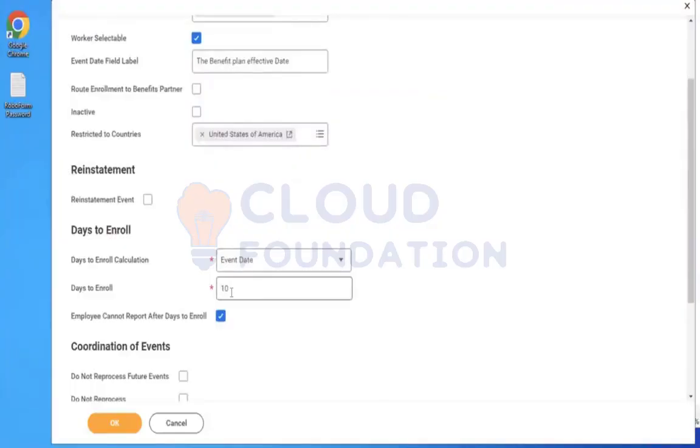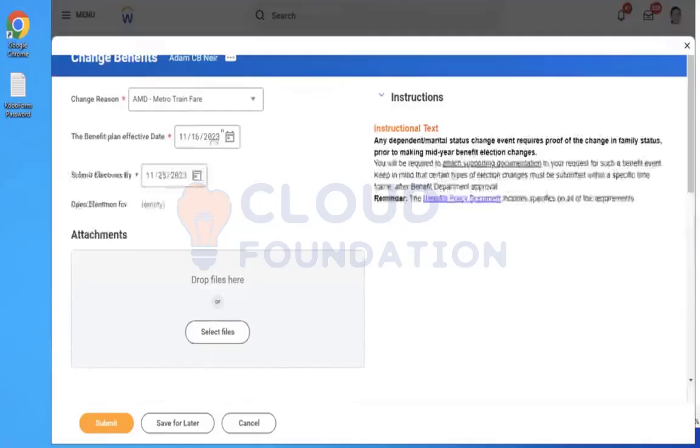Event date plus 10 days. Correct, sir? Okay. Today, the event date plus 10 days is 25. Up to 25 the employee can choose. Choose this one. Submit.